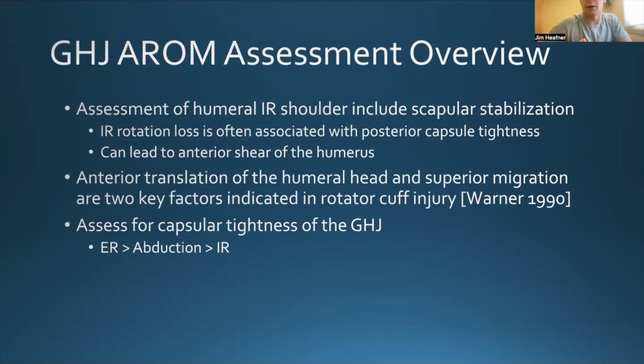Anterior translation of the humerus and superior migration are two key factors indicated in rotator cuff injury. And so as we're assessing for rotator cuff, we also need to assess for capsular tightness of the glenohumeral joint. And as we talked about earlier, as we're trying to do a differential diagnosis of rotator cuff tear versus capsulitis,